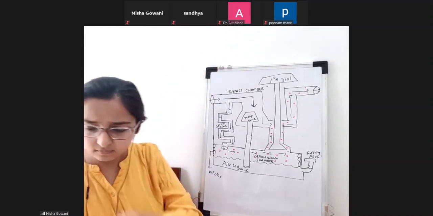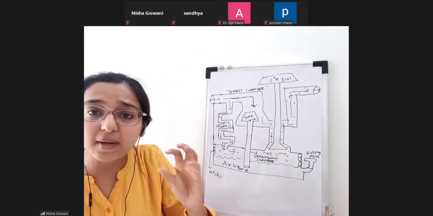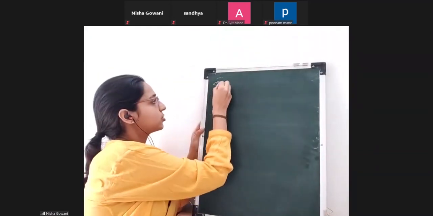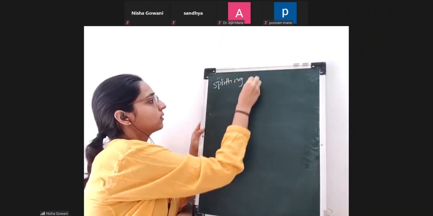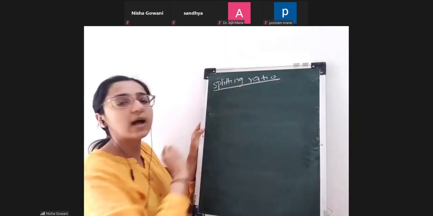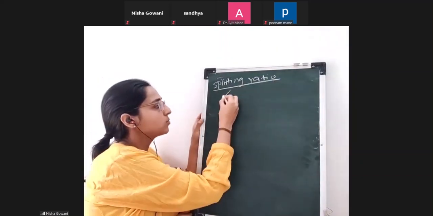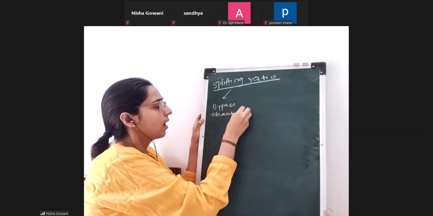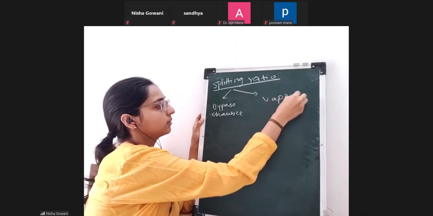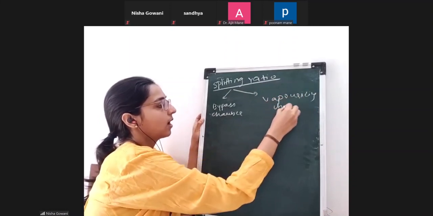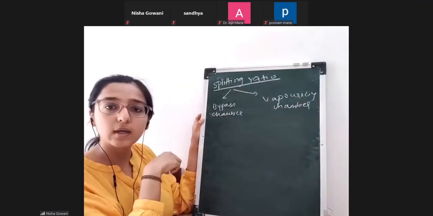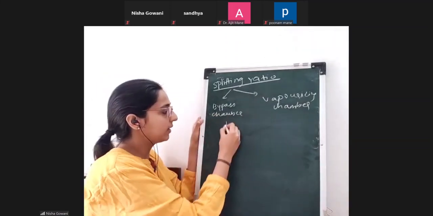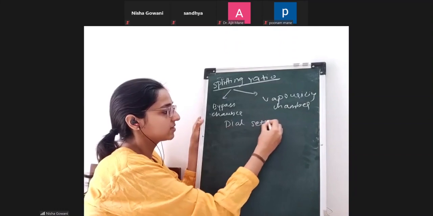Okay. So there is something known as the splitting ratio of the fresh gas. What is this? It's simple. By its name only you can understand there is a split between how much will go to the bypass chamber and how much will go to the vaporizing chamber. How will the fresh gas be split? This, I told you, is going to be determined by the dial settings that I have set on my vaporizer.